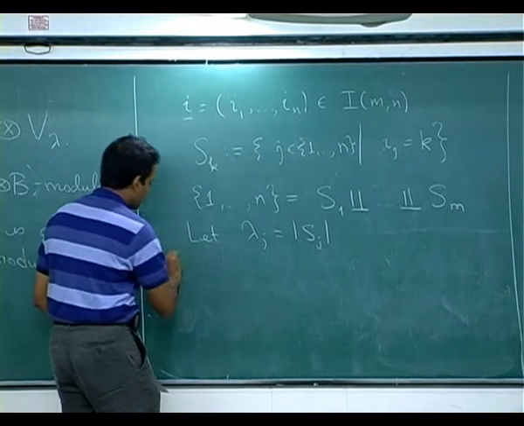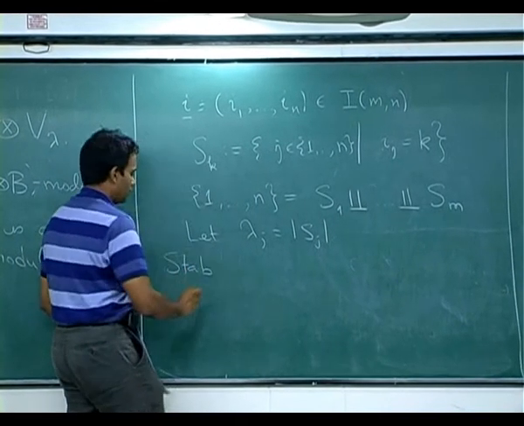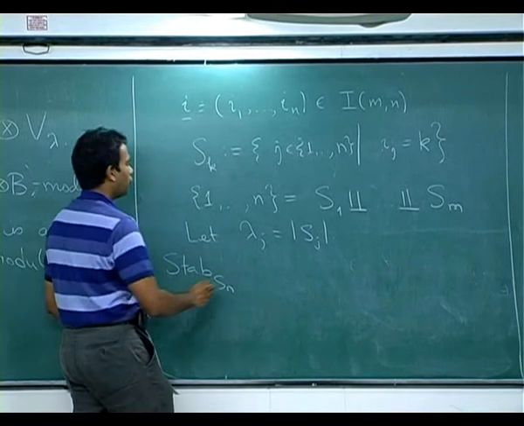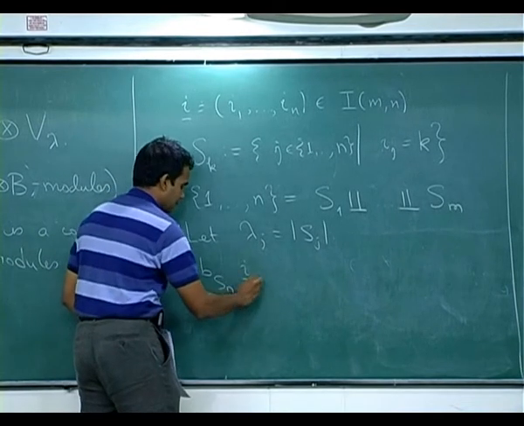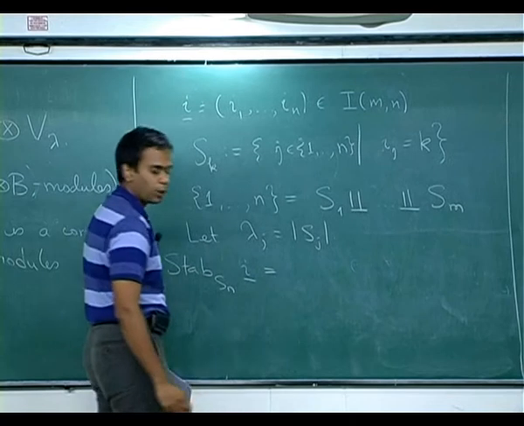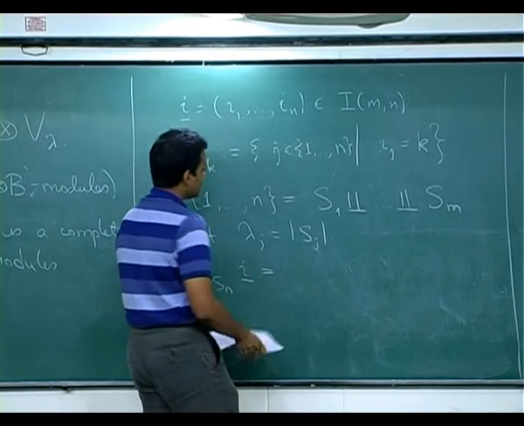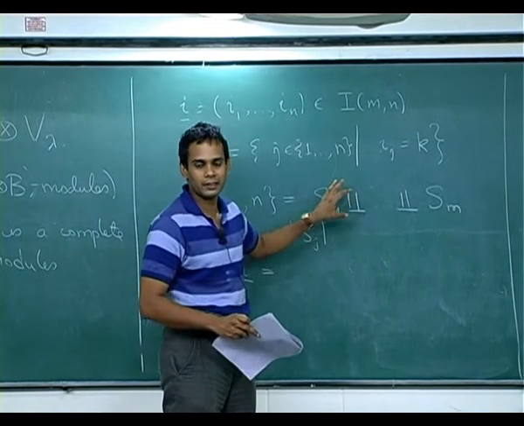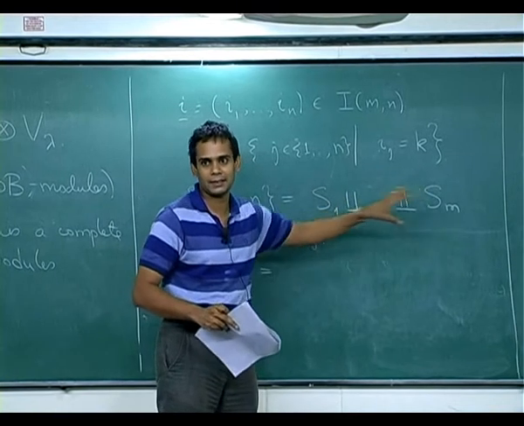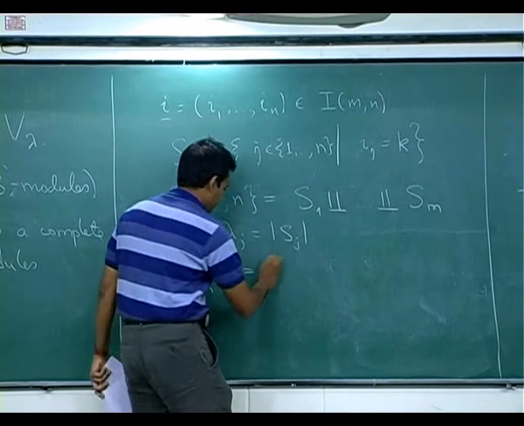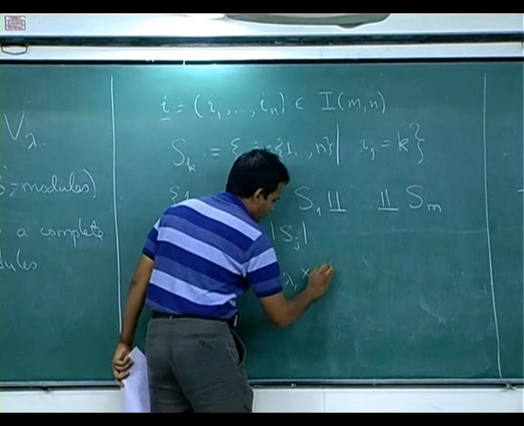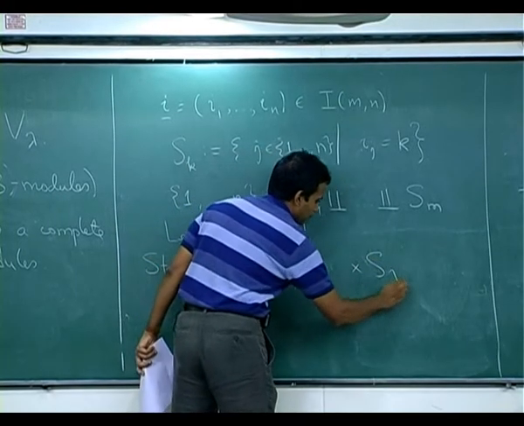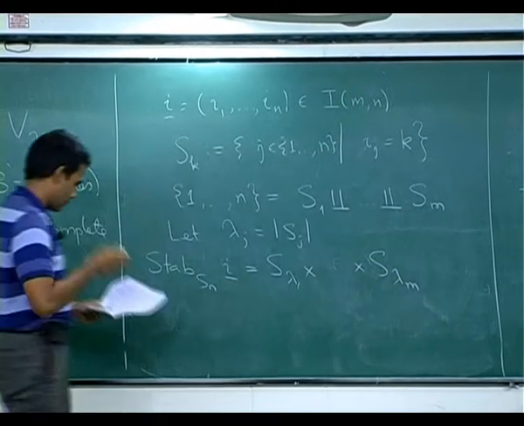Then what is the stabilizer in S_n of I? Well, it is just a product of the stabilizers of these sets, the symmetric groups of these subsets. So, it is S_lambda1 cross S_lambda2 cross ... S_lambda_m. It is a product of symmetric groups,